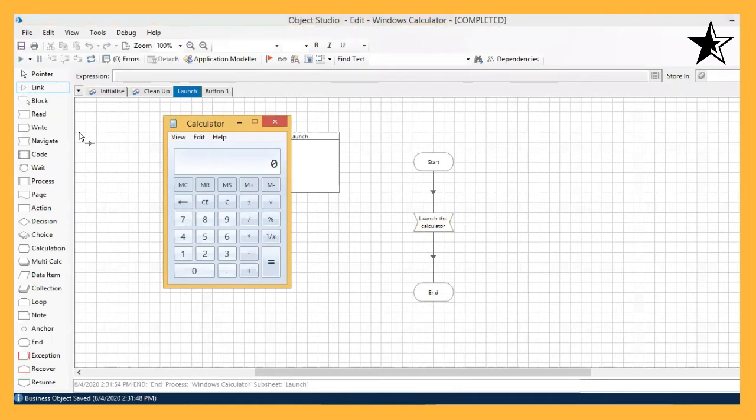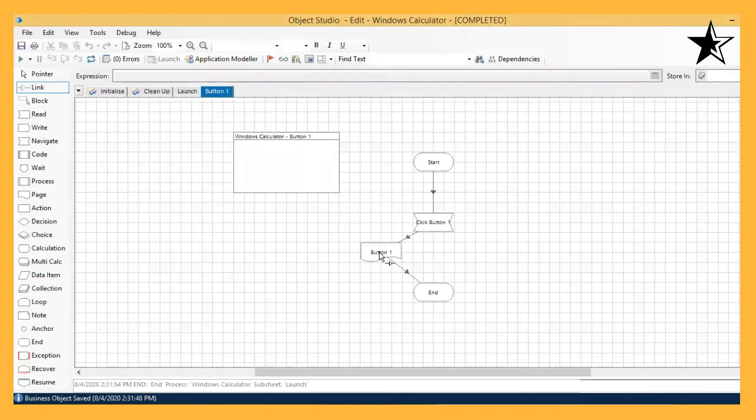Now you can see the Windows calculator has been launched. Okay, I did a mistake. I need to make a page reference here. Now without referencing also it is going to work.